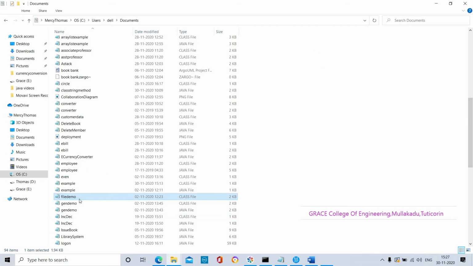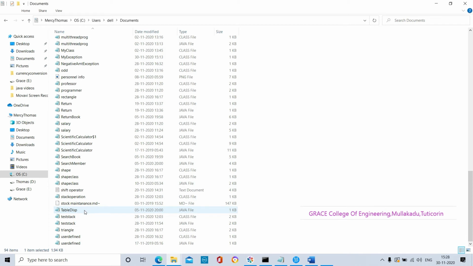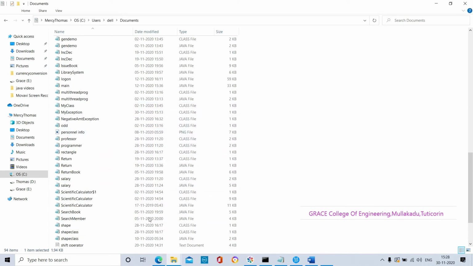The class file will not be present in our system at first. After compiling and running our application program, this class file will be generated automatically. Initially it is the FileDemo Java program, FileDemo.